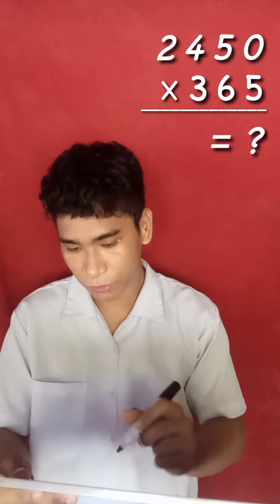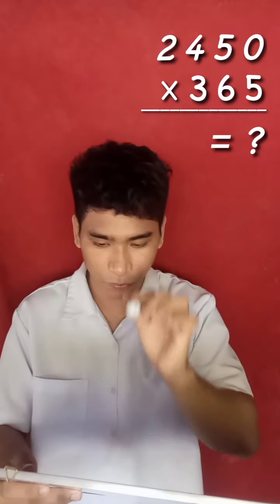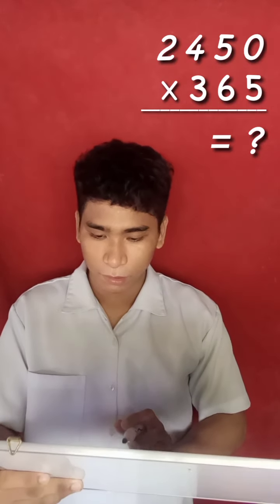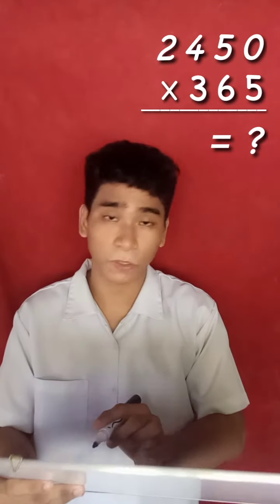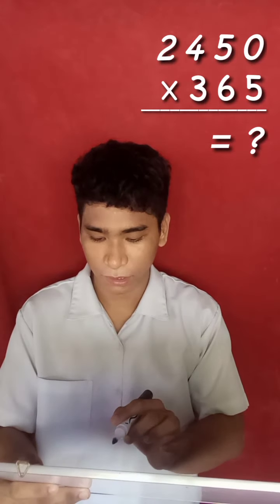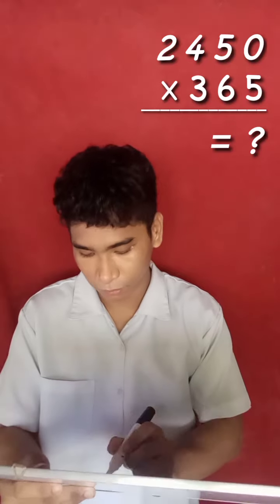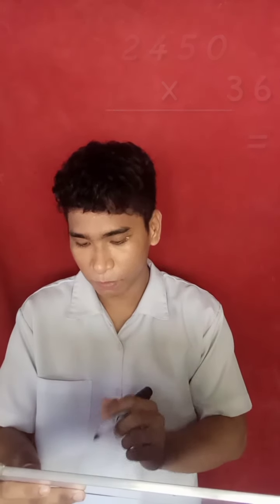Bring down 4, write the number 1 at the top of the number 1. 1 plus 1 is equal to 2. Plus 4 equals to 6. Plus 3 equals to 9. 1 plus 7 is equal to 8. So the answer is 894,250. This is the final result of the